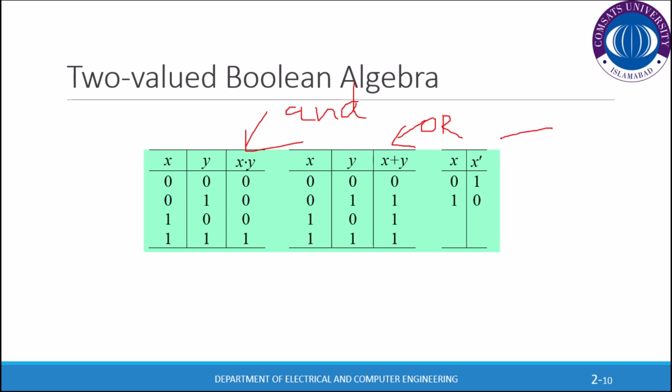And lastly is the complement or inverse. Inverse is a gate which has only one input, so we'll write x, and x can be a 0 or can be a 1, and inverse basically takes a complement or inverses. So for 0 it will be 1, and for 1 it will be 0, the reverse.